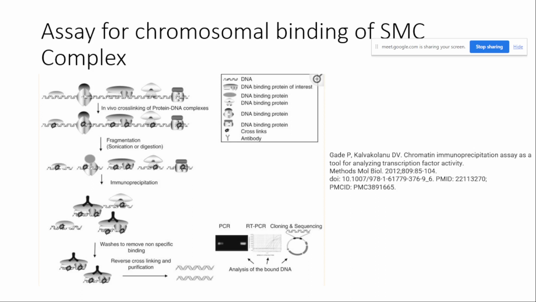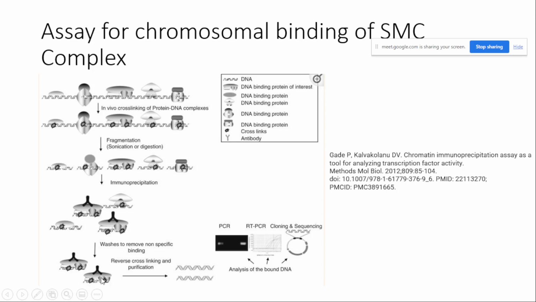Reverse cross-linking is done by heating. We usually heat it at 65 degrees Celsius. At 65 degrees Celsius, this covalent bond will be broken, so there will be no more covalent bond between the protein and DNA. Now the protein and DNA are separated. After that we isolate the DNA using PCI, phenol chloroform isopropanol, which we will see now. After that we have the antibody, which is a protein, the bound protein, which is also a protein, and the DNA, but we need the DNA.